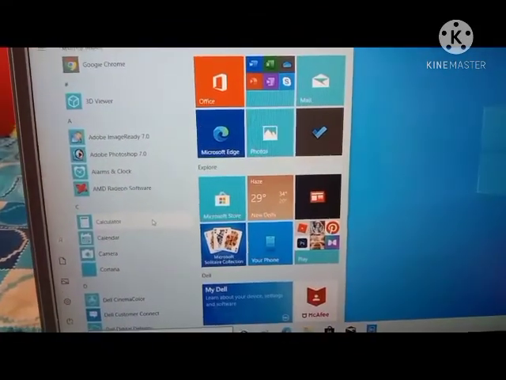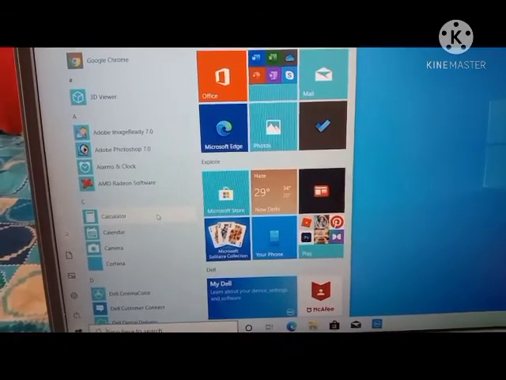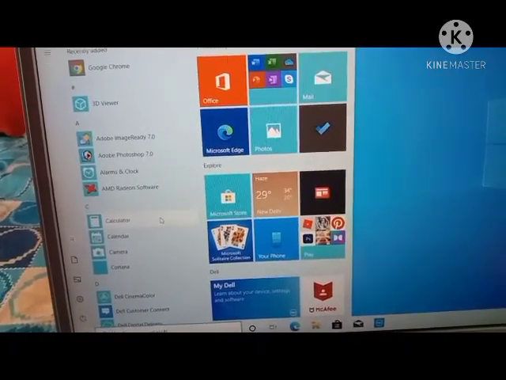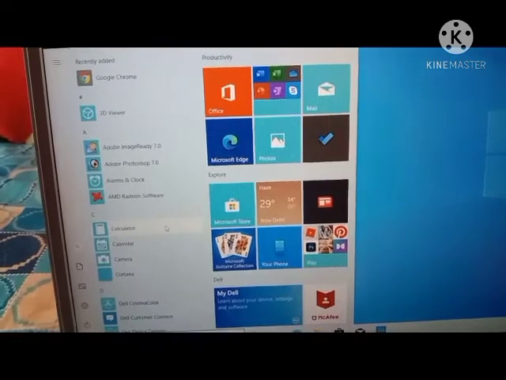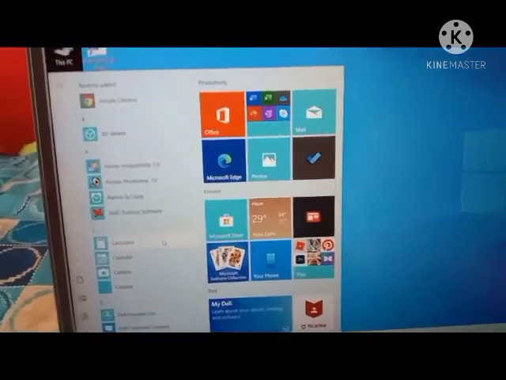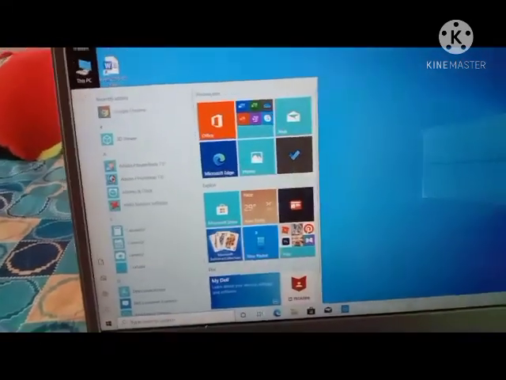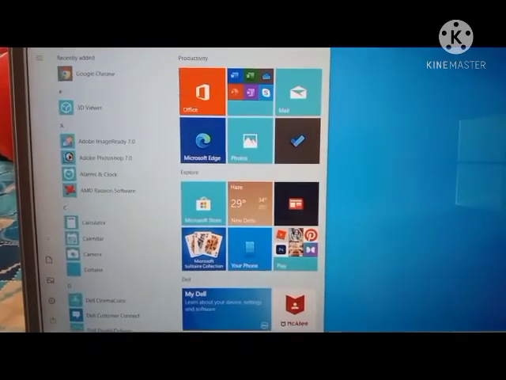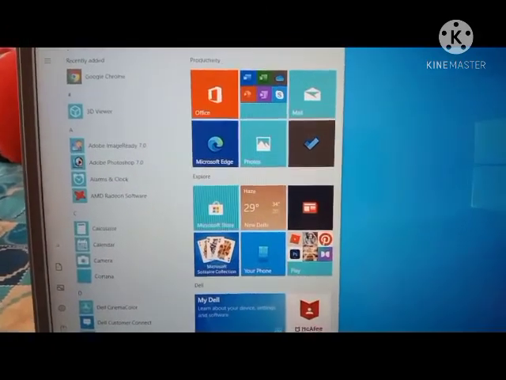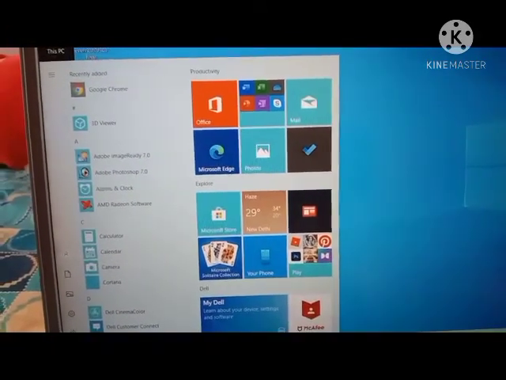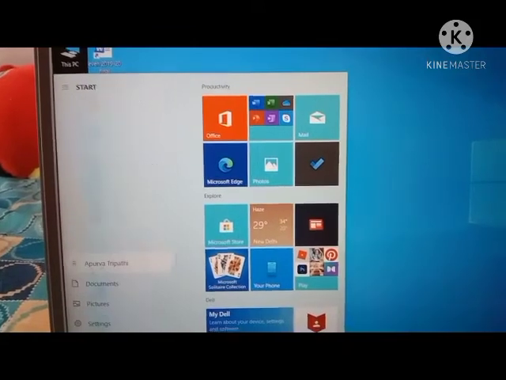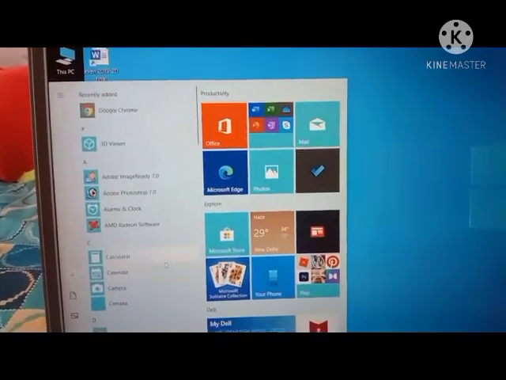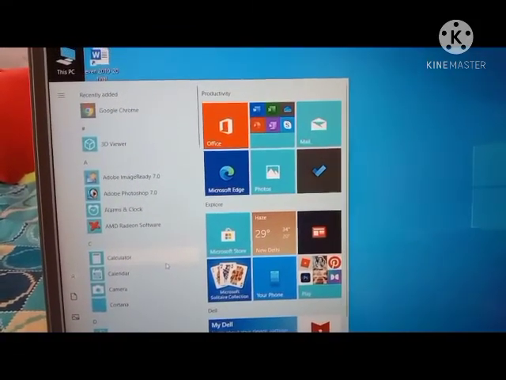Okay, so students, if you want to create a live tile of any application, you have to follow some steps. Firstly, you have to click on the start button. As you can see, the two panels are open. If you want to make a live tile of calculator, you have to right click on calculator.